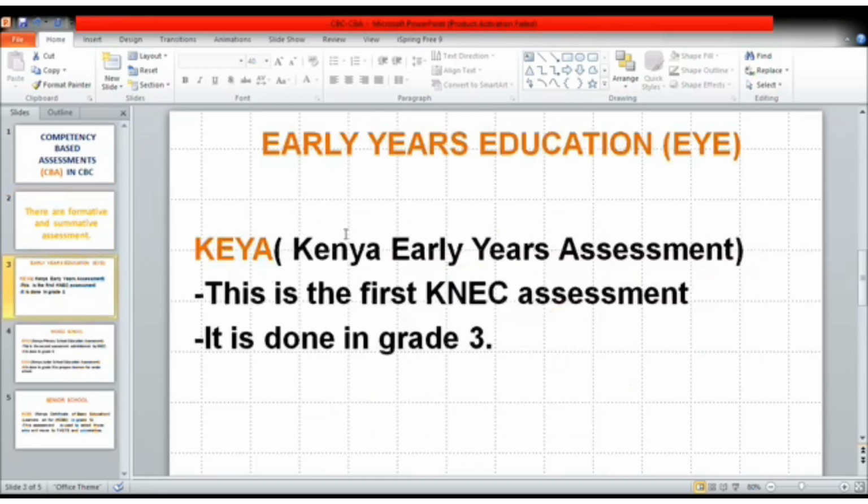When learners are in early years education, they sit for KEYA. This is the first NEC assessment, and it is done in grade 3. KEYA stands for Kenya Early Years Assessment. From there, learners proceed to